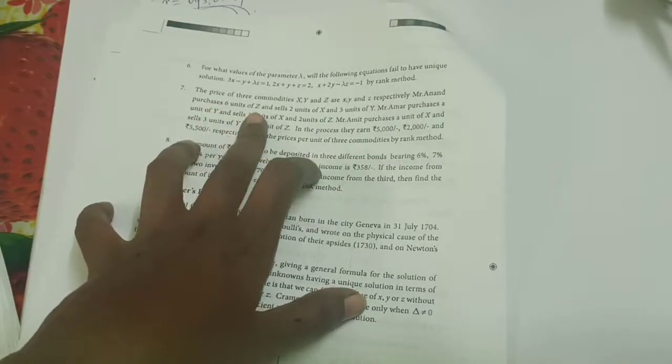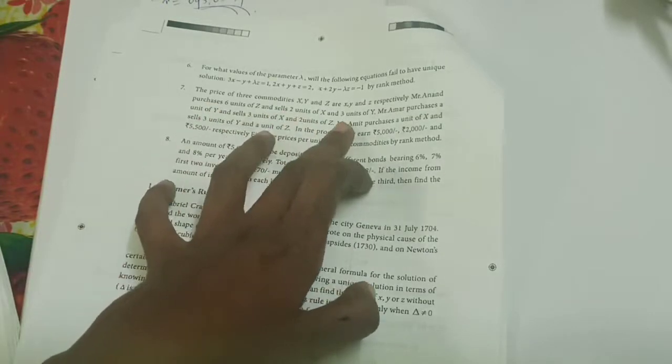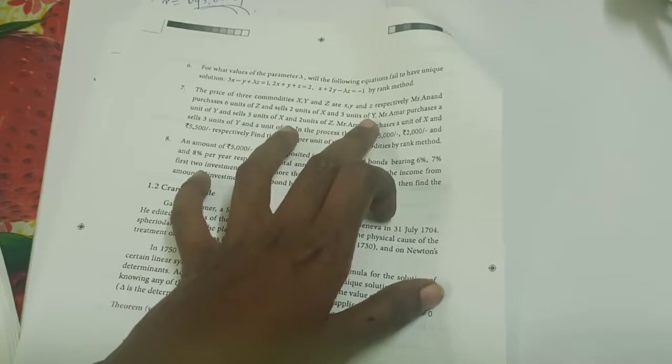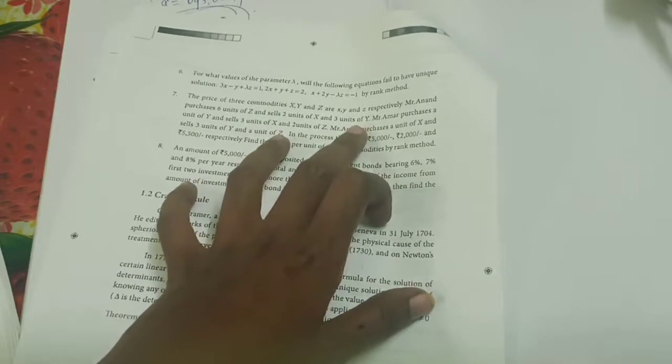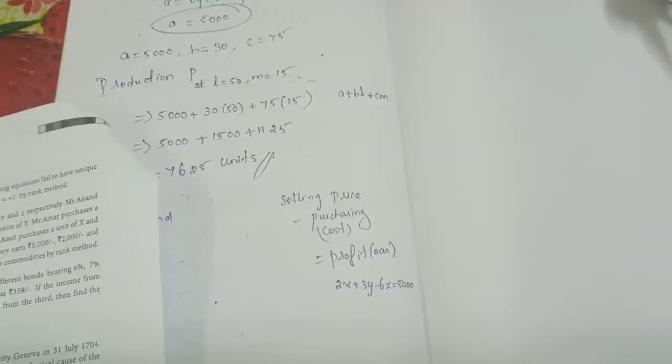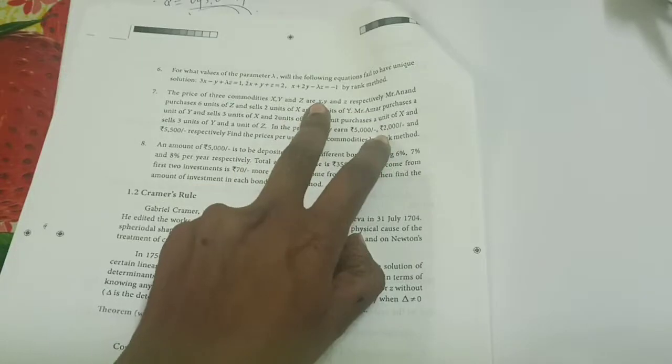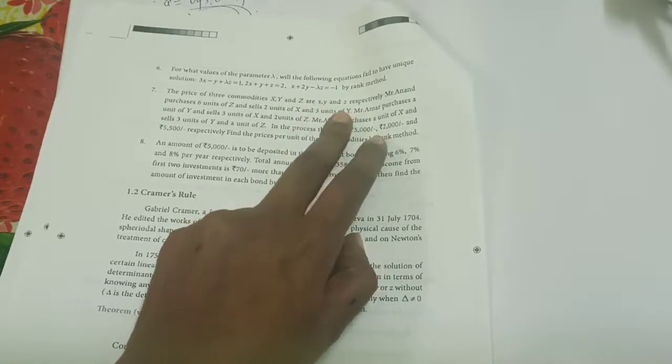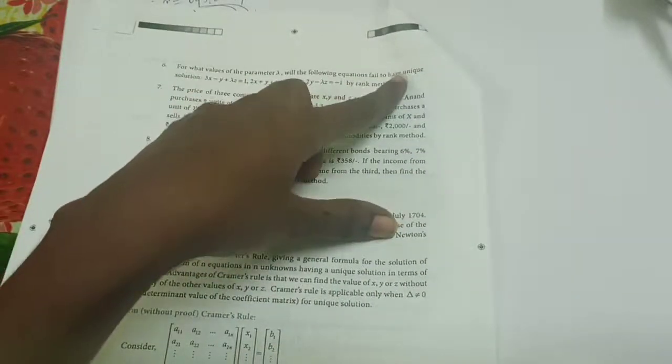Understand? Okay. Then seventh problem is the price of the three commodities X, Y, Z respectively. Mr. Anand purchases 6 units of Z and sells 2 units of X and 3 units of Y. Okay. So here I am going to give you only one. Now the price of three commodities X, Y and Z. Is it right? So yeah, I am going to form and give